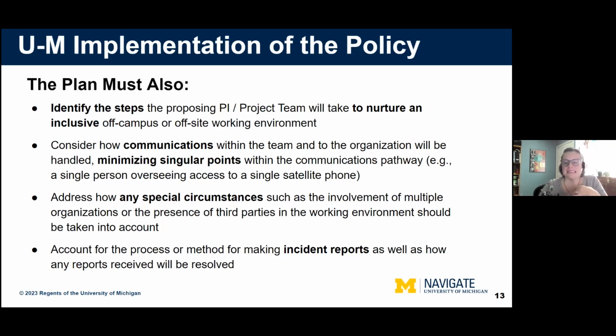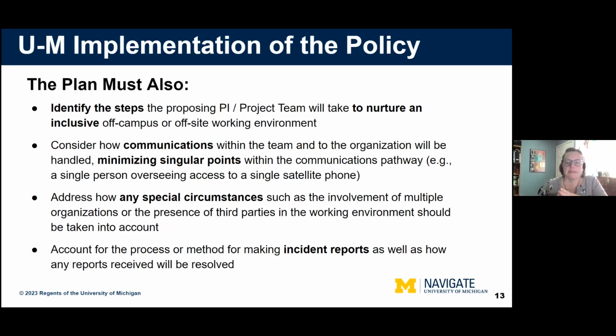So the plan is limited to 2 pages total. And if you've taken a look at the U of M template, you'll notice that the template starts at 5 pages, which means that if you're submitting to the Bio/Geo solicitation where it requires the submission to NSF, you're going to be cutting down a lot of the orientation text from U of M and really trying to focus on hitting the required information for the specific project.